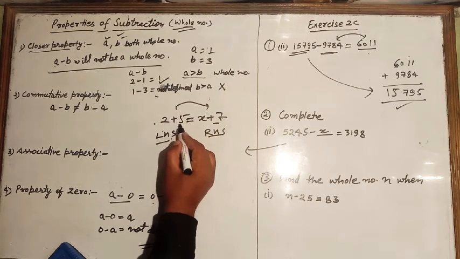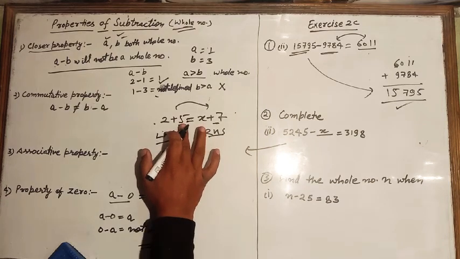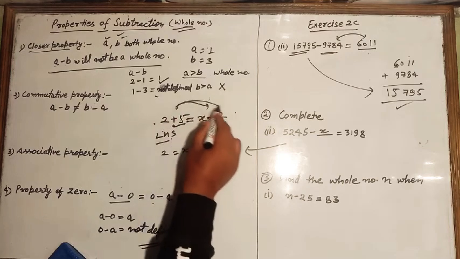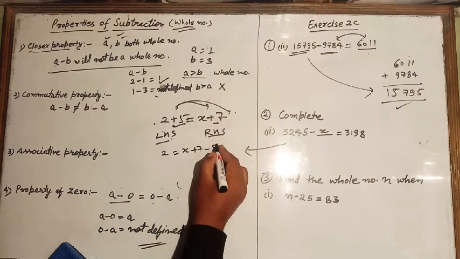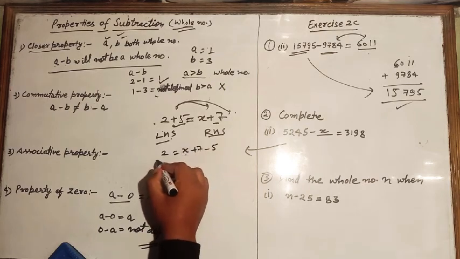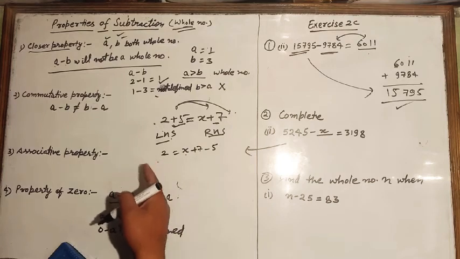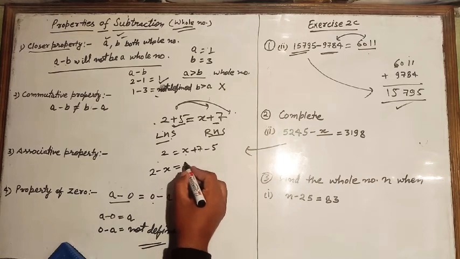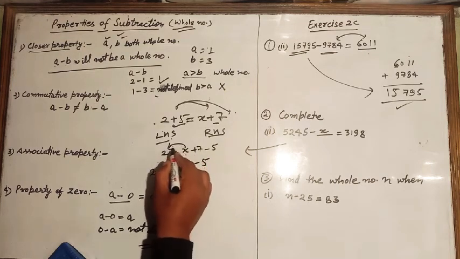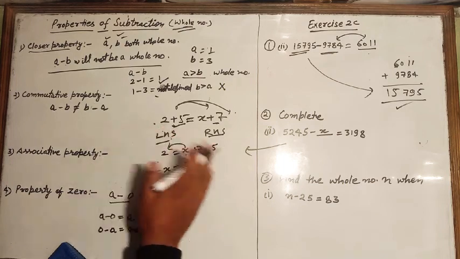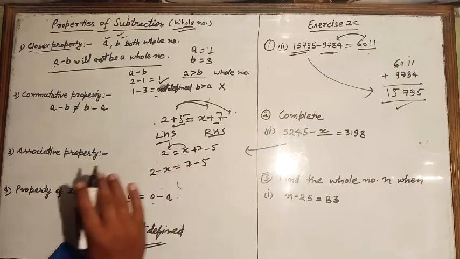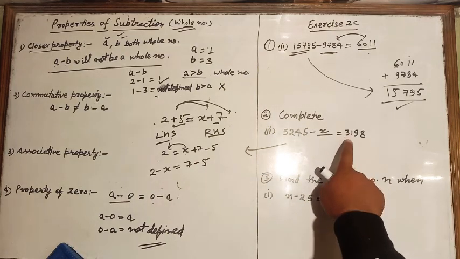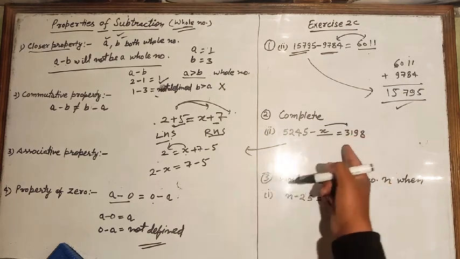Suppose I am sending this 5 there. So I can write 2 as it is, and 5 I am sending, is equal to x plus 7. This 5 having a positive sign here, when it goes there, the sign will become negative. Or suppose I take this x here, x is positive here, and when it comes to the left hand side of this equal to, it will become negative. So 2 minus x is equal to 7 minus 5, we can write. Means whenever we are interchanging or transposing from left hand side to right hand side, the sign will be changed. So now you can see minus x is here; I will send this x to the other side, so it will become positive.